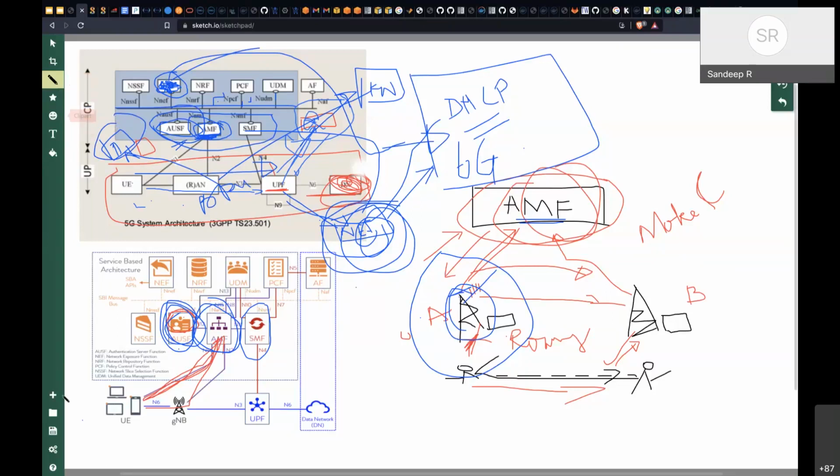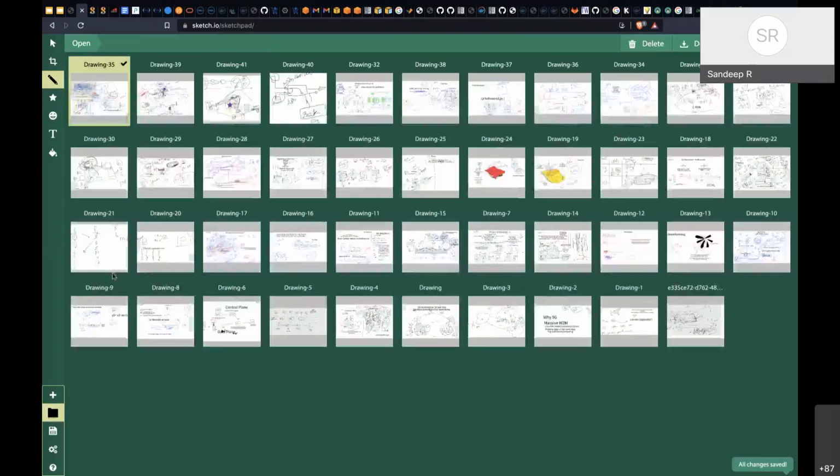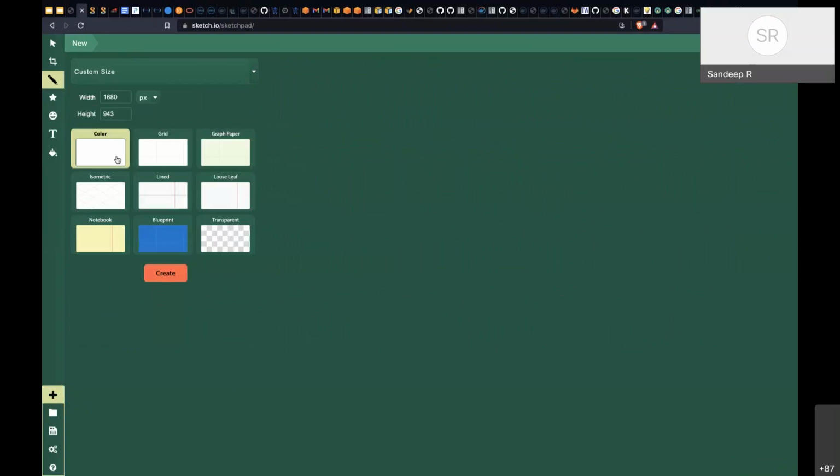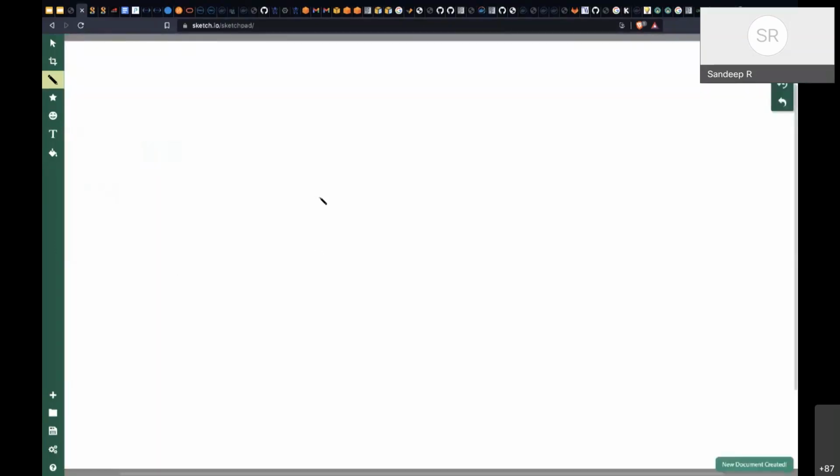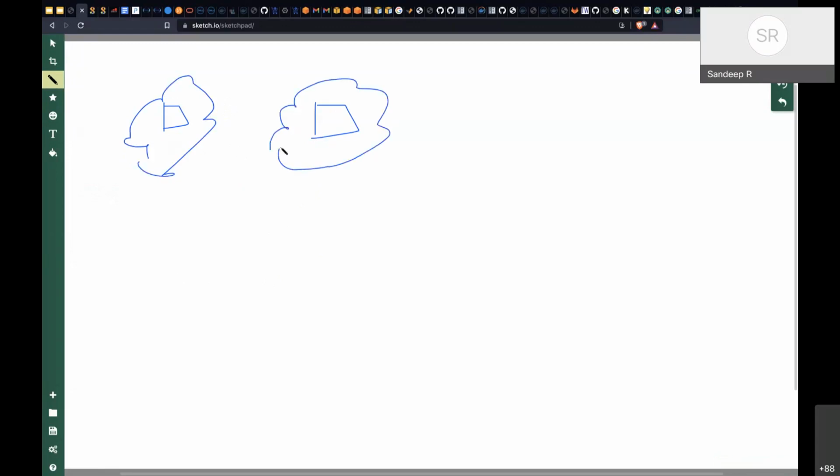So I think what is very important, Nidhi, to understand, and I think you asked a good question, is that in the picture we have written it as building blocks, right? Each one is a building block, but you can think a little bigger than that. Think of each one being in a different cloud. So this is something like AMF, and it is in one cloud. It could be running in GCP cloud.